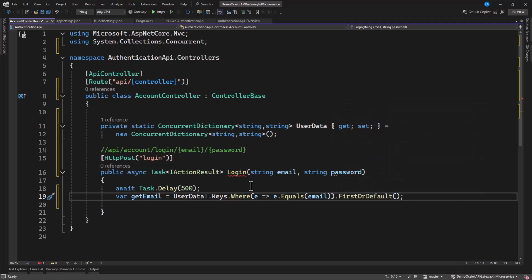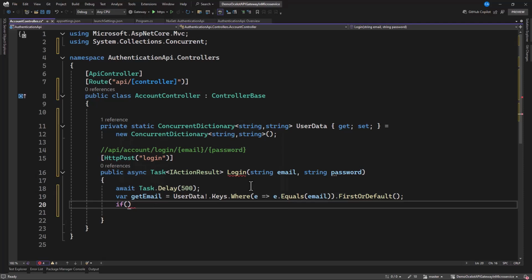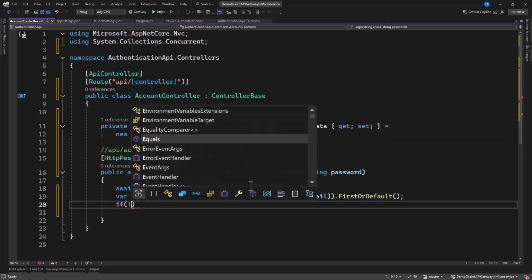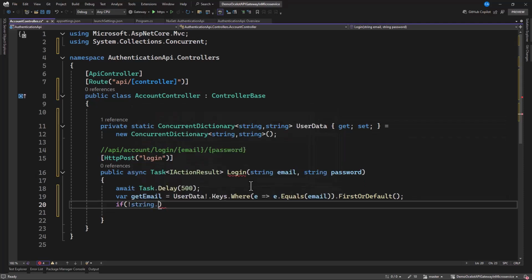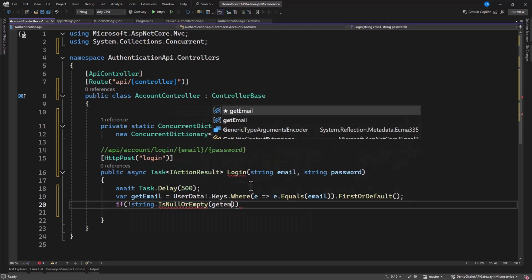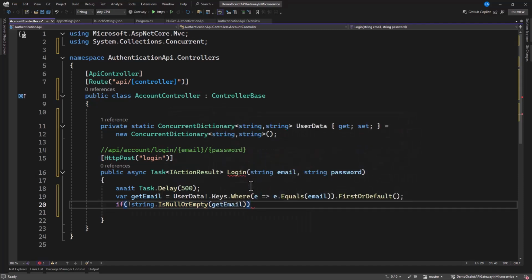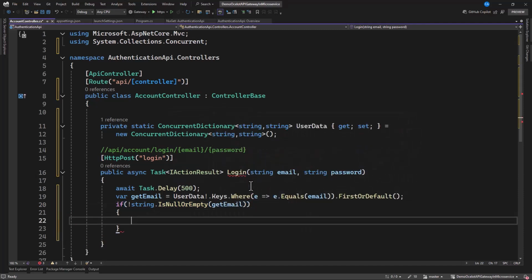Now let's check. So let's say if this string is null or empty, let's specify our get email in there. If it is not empty, that is where you want to handle this. But in case it is empty, then what are you going to do?